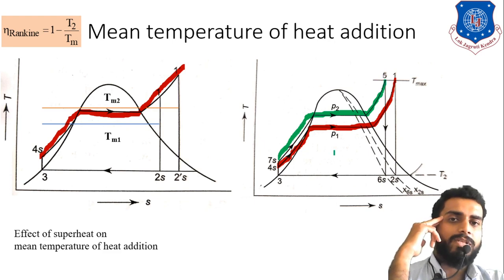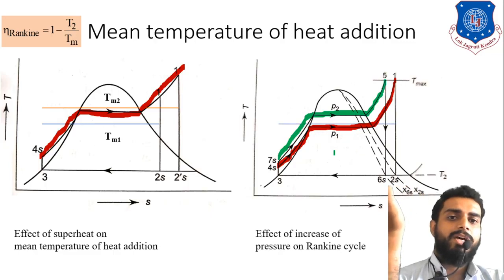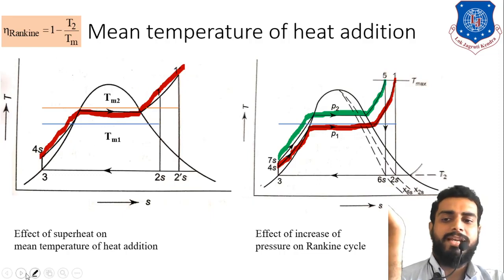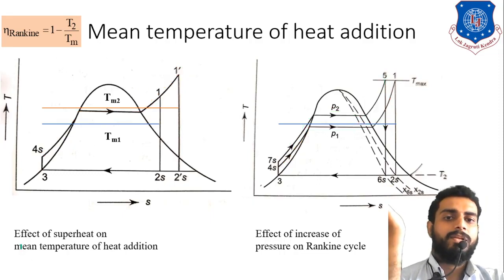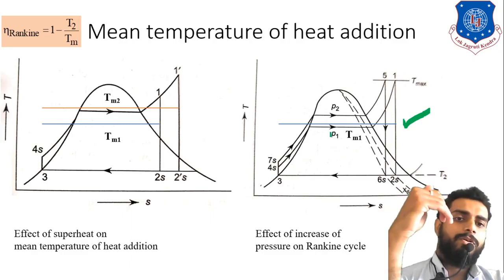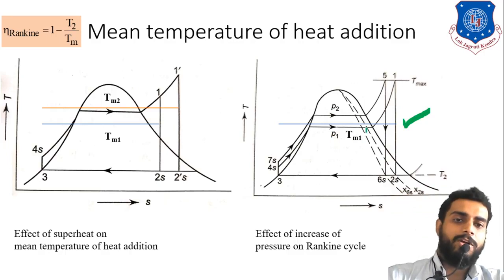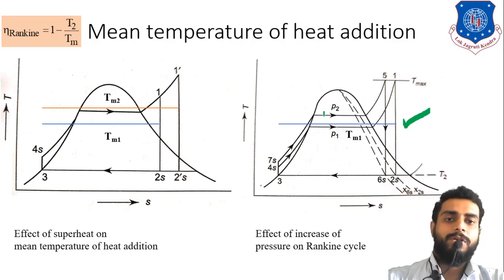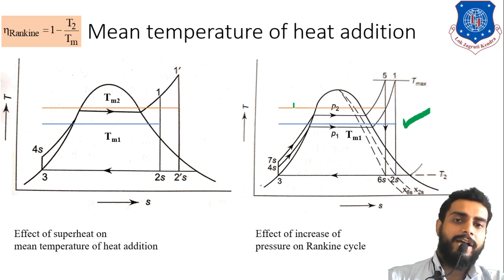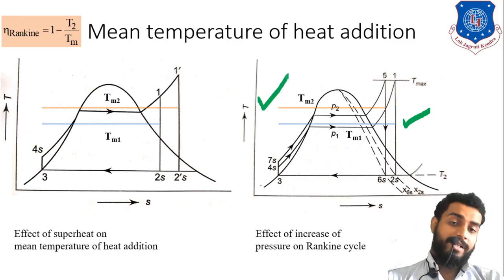Yes, obviously it increases, because if pressure is increasing then temperature will also increase, right? So here also, for let us say 1 bar, our mean temperature of heat addition is this one, highlighted by blue color. Okay, here this one is the mean temperature of heat addition for our process 4s/1, right? Now we have increased the pressure from P1 to P2, that is 1 bar to 10 bar. So what will happen? This mean temperature of heat addition will get lifted up somewhat. So now our revised mean temperature of heat addition is this one, highlighted by orange color, that is TM2, right?